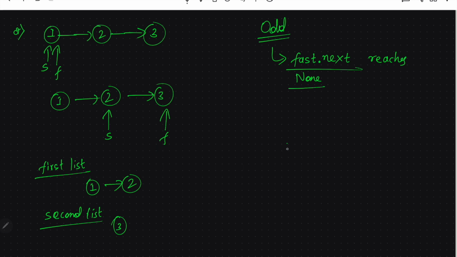So what is the 2? 2 is slow, and so slow dot next should become none. This is the thinking behind how we are splitting the nodes at the middle. Yes, if you observe here, slow dot next should be none because after 1 2 we should point to a null pointer,